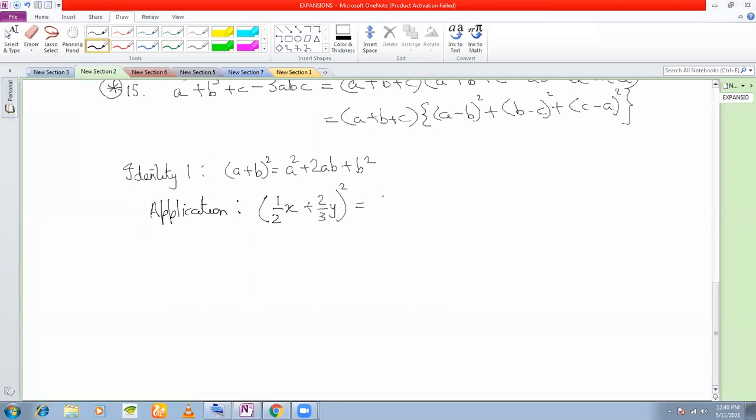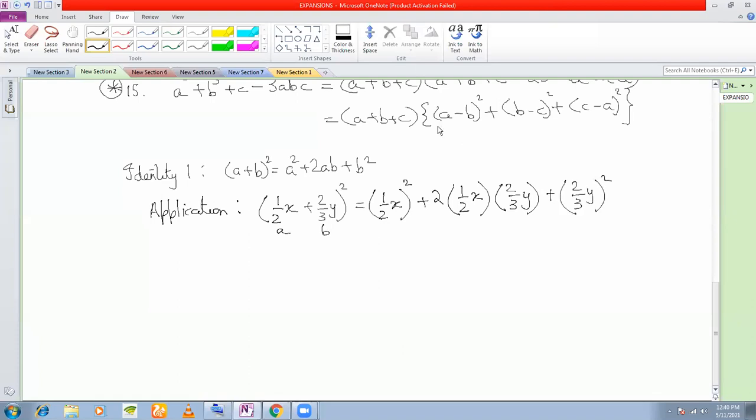You want to expand this, then consider this half x to be a, 2/3 y to be b. So you have (half x) a square plus twice a b, where a is half x and b is 2 by 3 y. So this is a 2ab term, and this is your b squared term. Now I don't have any notes on this part. So in your classwork copy, if you are doing this, you'll do it from this video only, today's video. Next, here we have half of x square will be 1/4 x square,